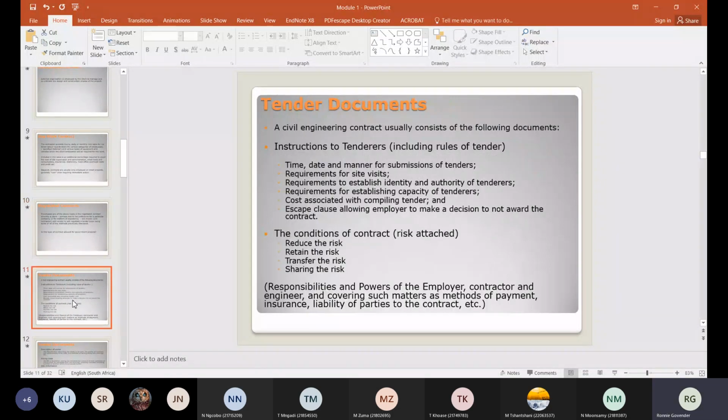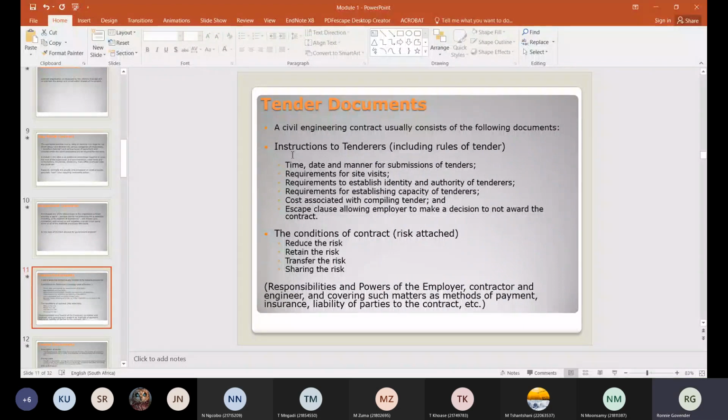Tender documents. The first document is what we refer to as an instruction to tender. On the instruction to tender, you'll get information. It could be posted in the newspaper, it could be on the internet, it could be just a piece of paper that's typed out and hanging on your notice board. But generally, there is an instruction to tender which will tell you the date and time when the tenders will close, the date and time when site inspections are being carried out, and so forth.